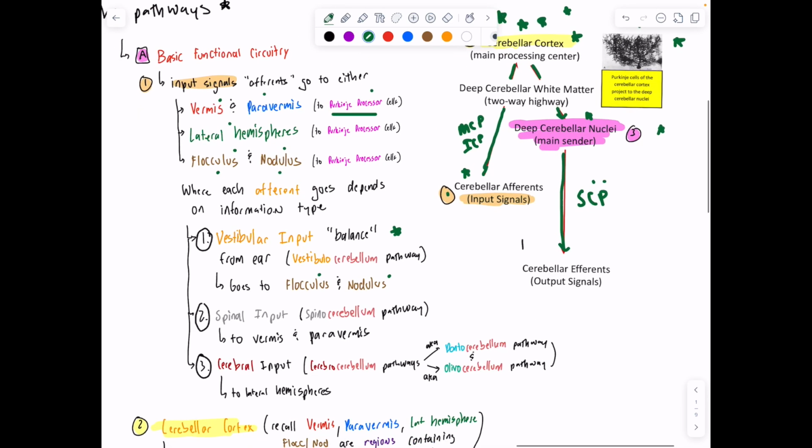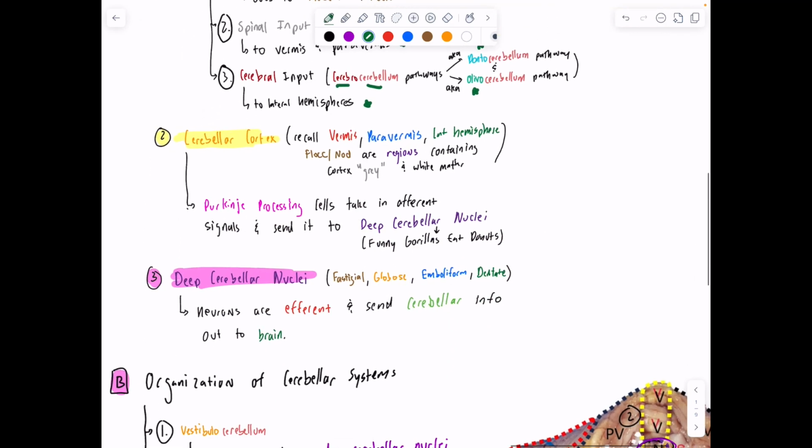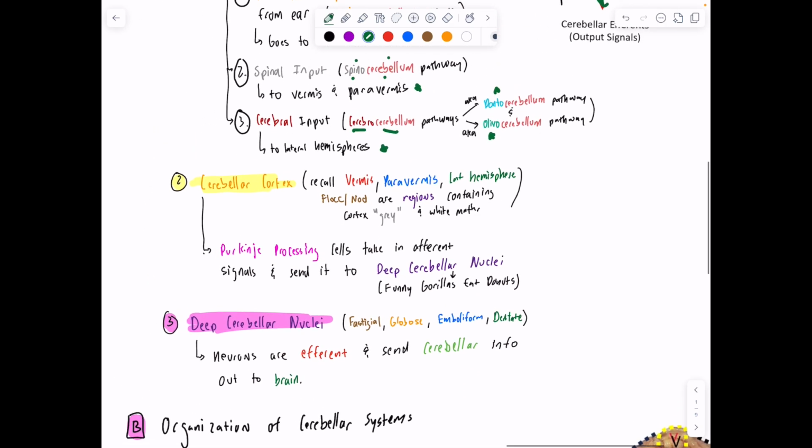Spinal input, that we'll talk about today with the spinocerebellum pathway, right, from the spine to the cerebellum, is going to go to the vermis and paravermis. And then cerebral pathway, right, cerebrocerebellum, we actually have 2, the ponto and the cerebellum pathway. Those are going to go to the lateral hemispheres. I can't pronounce things, sorry. All right, then we have, so